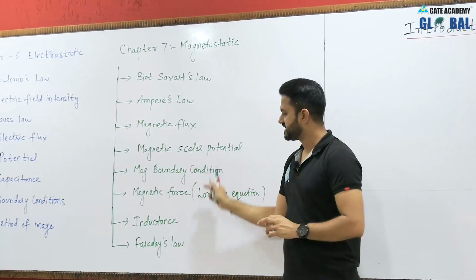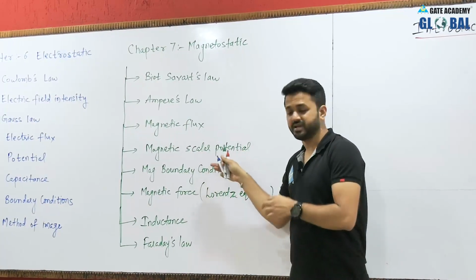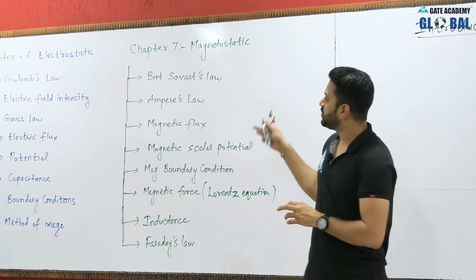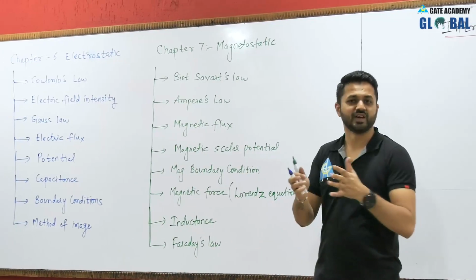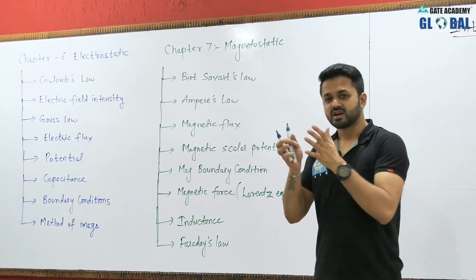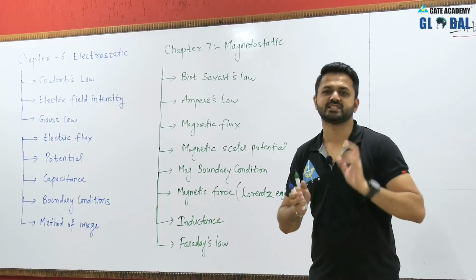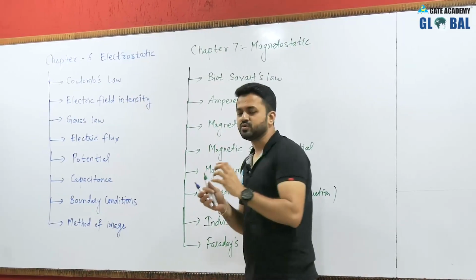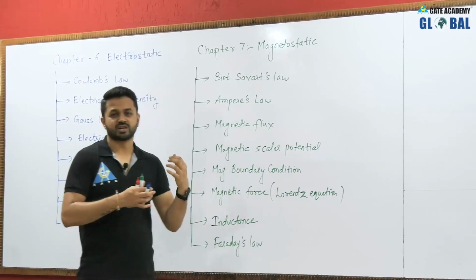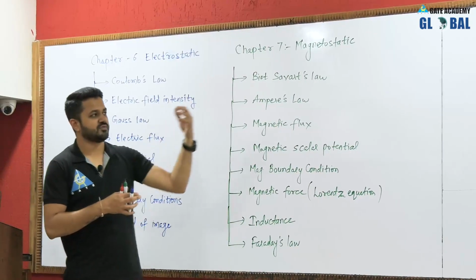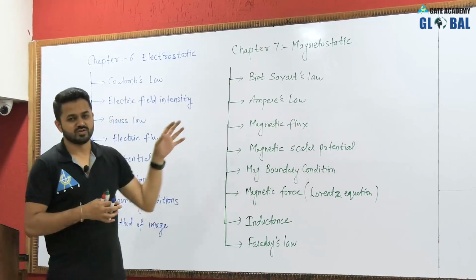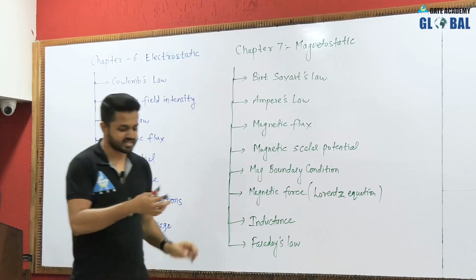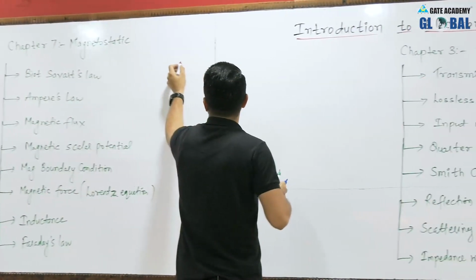So these are the topics that I have covered in this particular chapter. Again we have many topics, and each topic has sub parts as well. That is why overall these chapters 6 and 7 become very vast, and the combined weightage of chapters 6 and 7 is actually only 1 or 2 questions. So it is very difficult to prepare this subject and gain a good command over these chapters. That's why we should prepare the rest of the 5 chapters first, and then these 2 chapters, and the last chapter that you can consider is